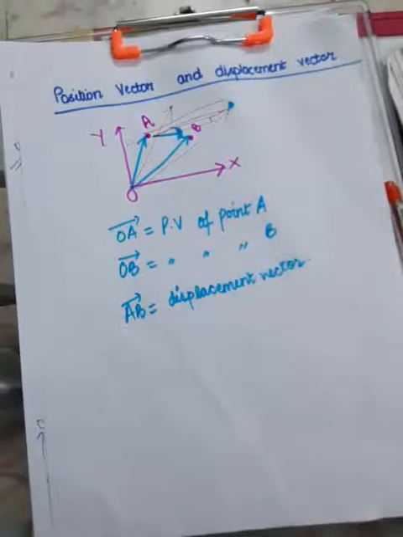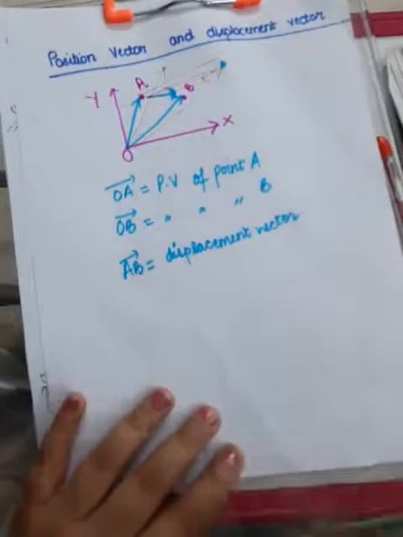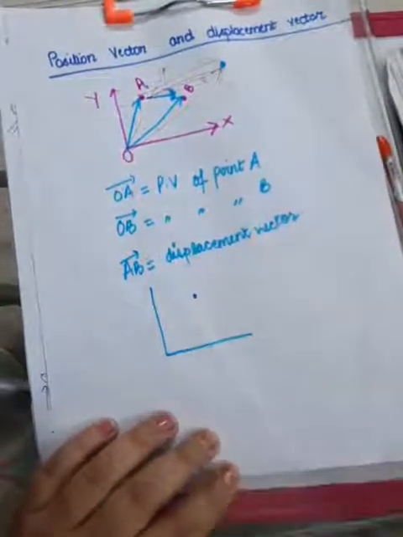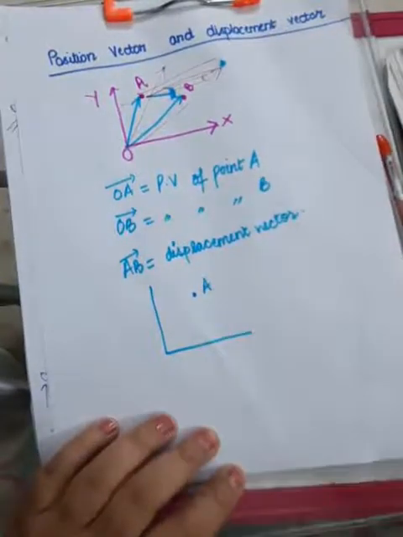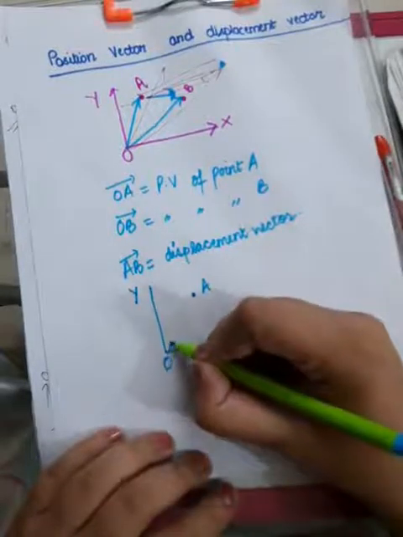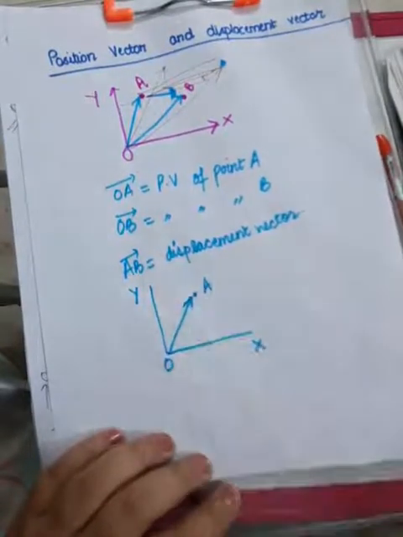Now I am going to tell you something that you have to learn for a moment because its details are going to come in a topic which is far away from now. Just see it, commit it to your memory, and then for sure I am going to explain from where it has come. Suppose the object was present here. This is point A. This is O, this is the x-axis, this is the y-axis, and this is the position vector.